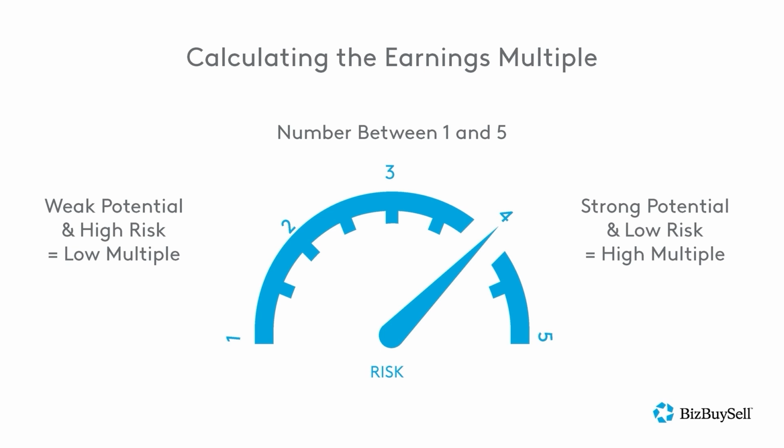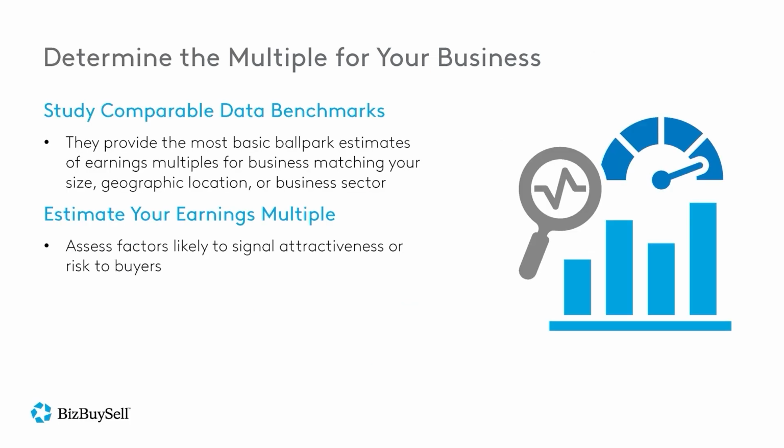Calculating the earnings multiple. The earnings multiple used in most small business valuations is a number between 1 and 5. Businesses with weakest potential and highest risk have the lowest multiples, and businesses with strongest potential and lowest risk have the highest multiples. To determine the multiple for your business, begin by studying comparable data benchmarks described in the previous section. They provide the most basic ballpark estimates of earnings multiples for businesses matching your size, geographic location, or business